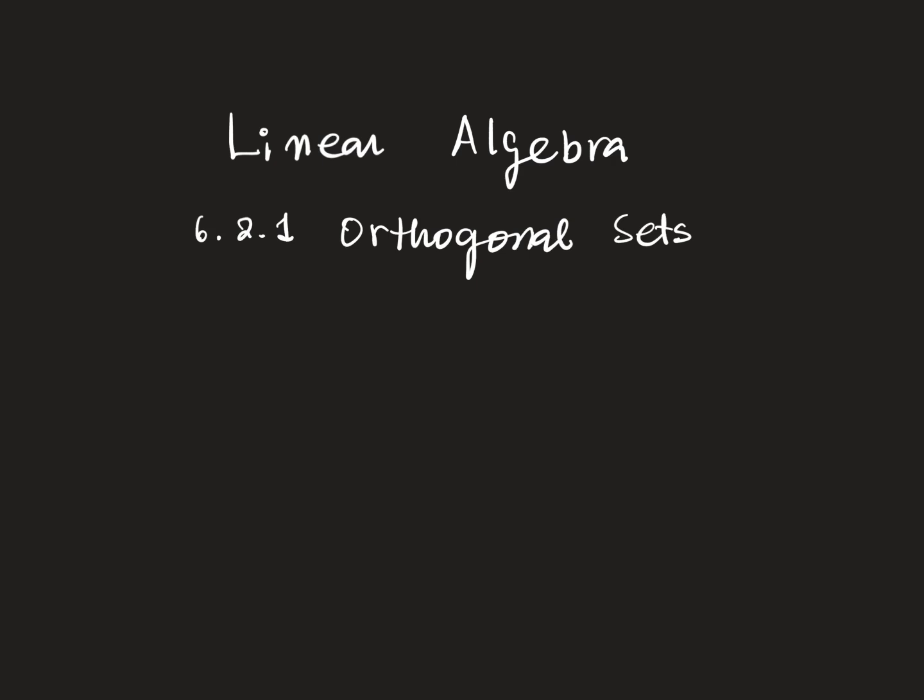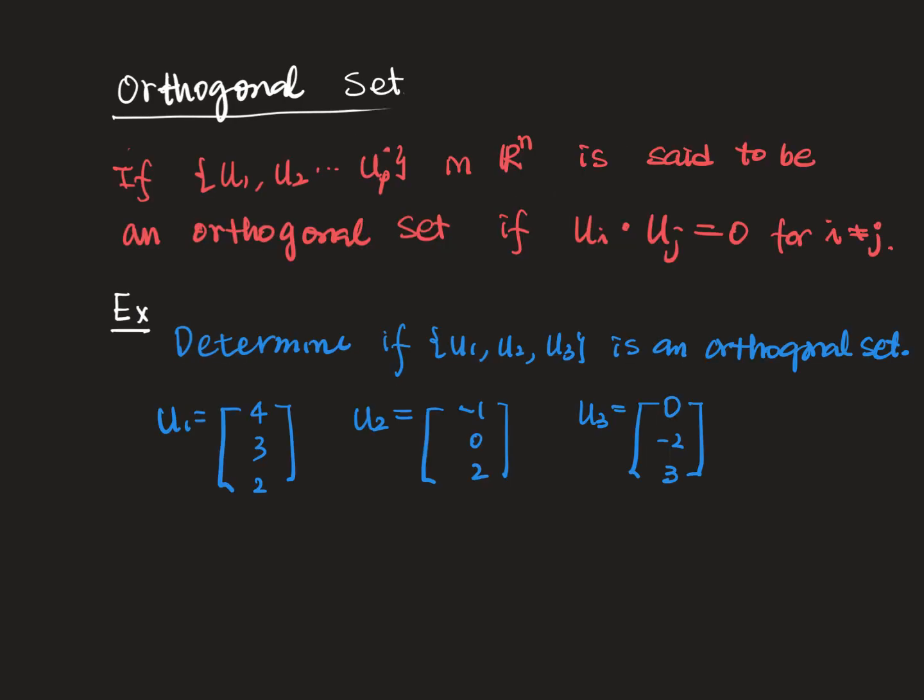This is linear algebra. We're going to study orthogonal sets. In the previous video, we discussed inner product, length of vectors, and orthogonality. So what is meant by an orthogonal set? An orthogonal set is a set of vectors in Rn where the vectors are orthogonal